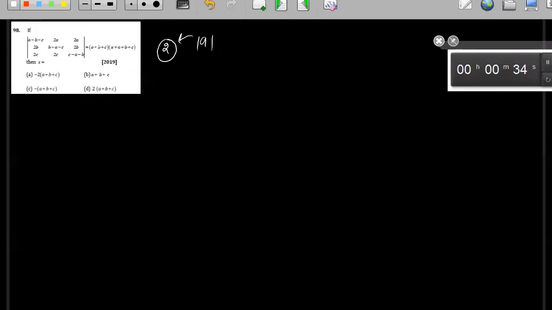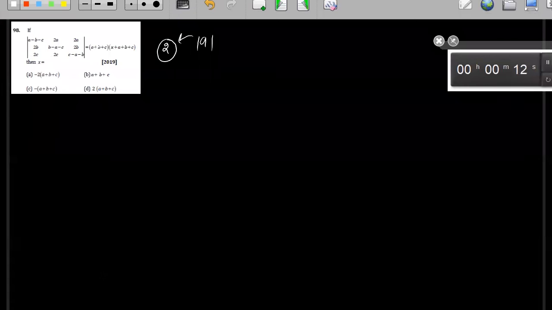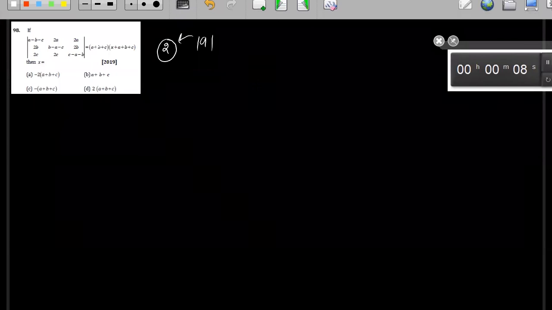B, no. Hariharan Raj, X is equal to 0, no. A, yes, Akhilesh, minus A, very good. Lakshya, you are getting confused. X is not equal to 0. I know you can get it, but there is no option like X is equal to 0. You have done it correctly, but there is no option like X is equal to 0. That means somewhere you have made a mistake.